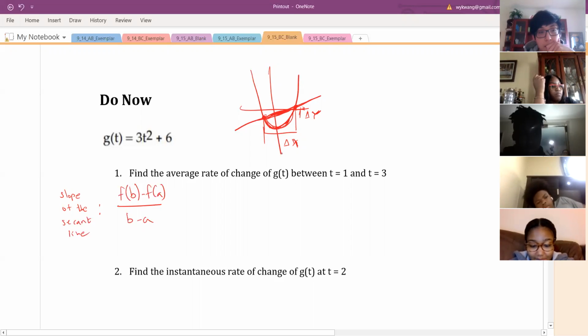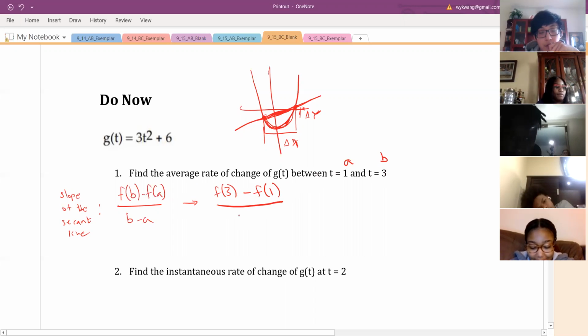Okay, cool. So then we're going to plug in b and a. A is going to be our earlier point, so a is 1 and b is 3. So it's going to be f of 3 minus f of 1, plugging in 3 for b and 1 for a, over 3 minus 1. Again, b minus a, 3 minus 1. And this is equal to,